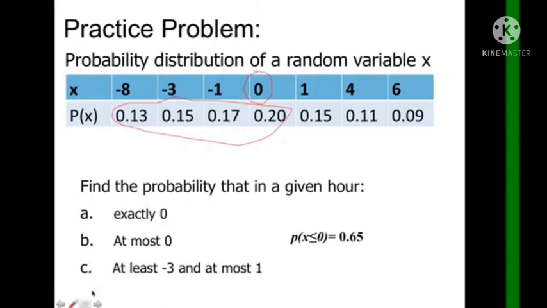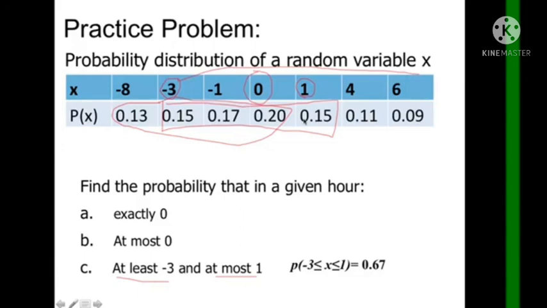And finally, we have at least -3 and at most 1. So -3 as the lowest, mean to say may tataas pa, there are numbers that are greater than -3, and at most 1. So, this one, okay? Since it's negative 3 at least and at most 1, 1 mean to say mas mayroon pa mababa sa kanya. So, may pagitan. So, ito yung pagitan lang nila. Right? Ayan. So, therefore, we will just add them. So, 0.15 plus 0.17 plus 0.20 plus 0.15. The answer is